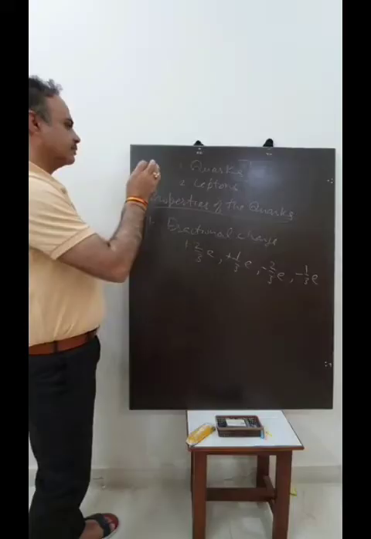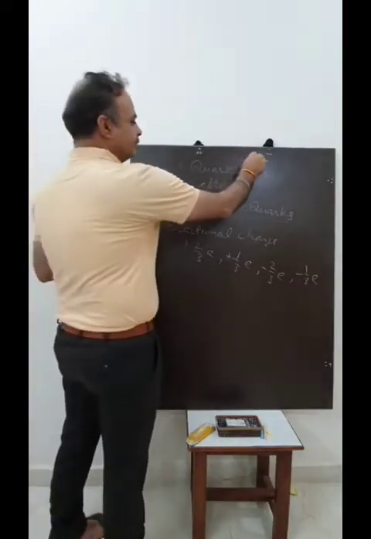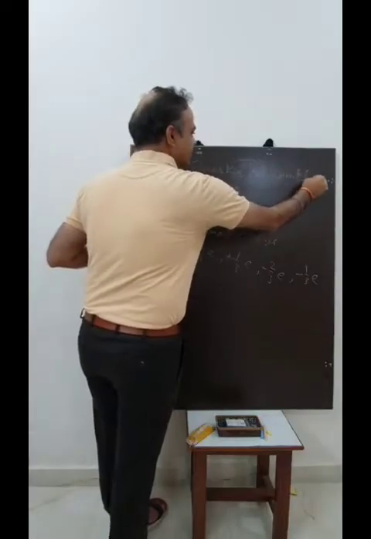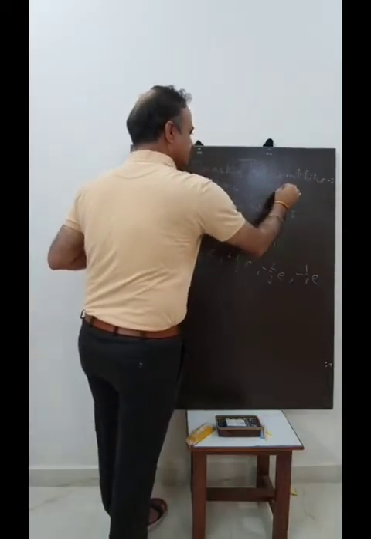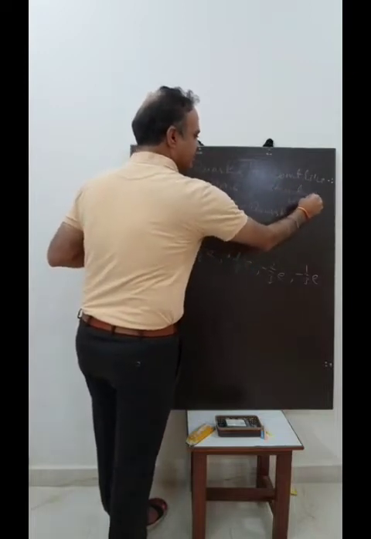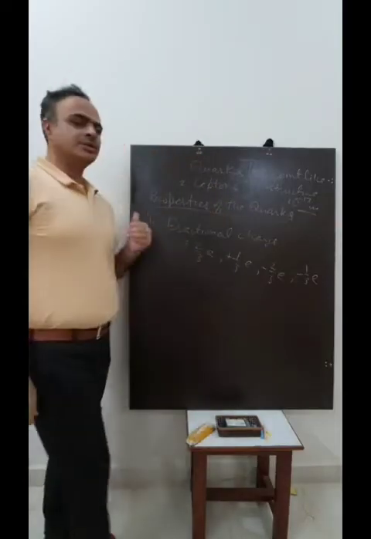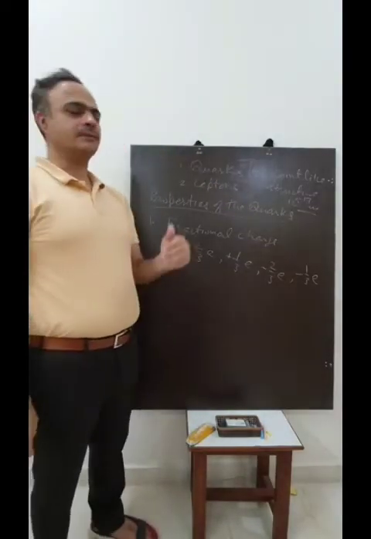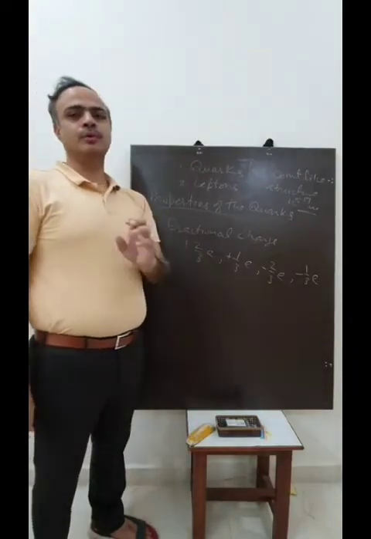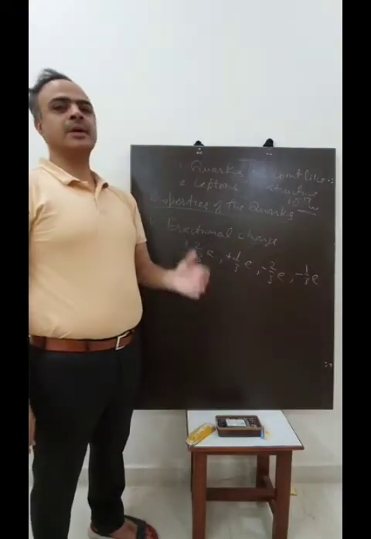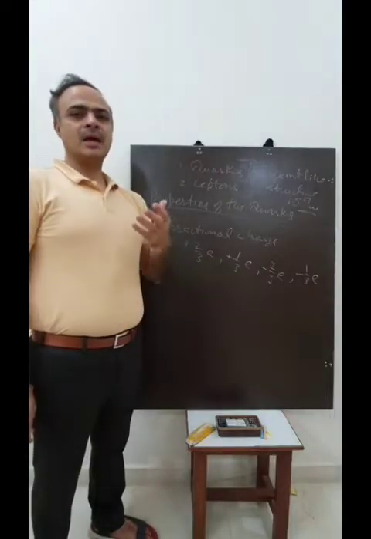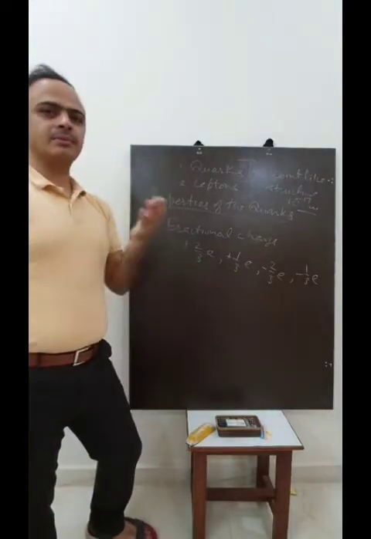Then these quarks and leptons both have a point-like structure on the scale of 10 to the power minus 17 meter. Means if you have a scale of 10 to the power minus 17 meter, then these quarks and leptons are point-like structures. You cannot see the quarks and leptons by any of today's microscopes.